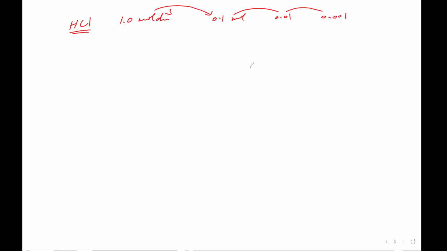So if we are diluting the concentrated acid 10 times, then we will see that the pH will always change by 1 unit. That is, if you calculate the pHs here, you will see that the pH will increase by 1 unit. There will always be a difference of 1 unit. And if you calculate,